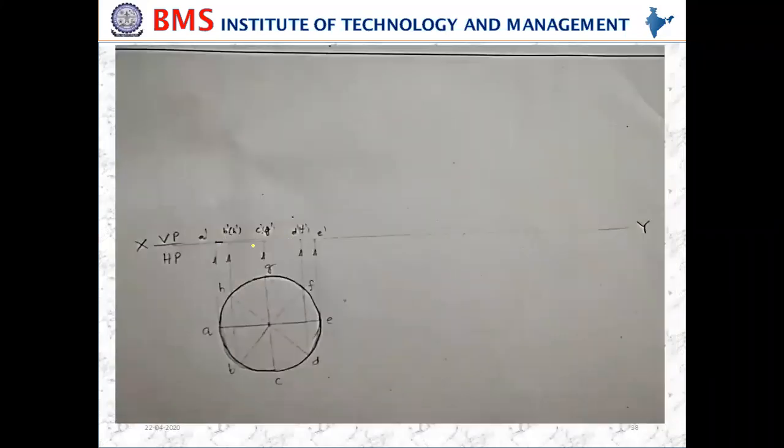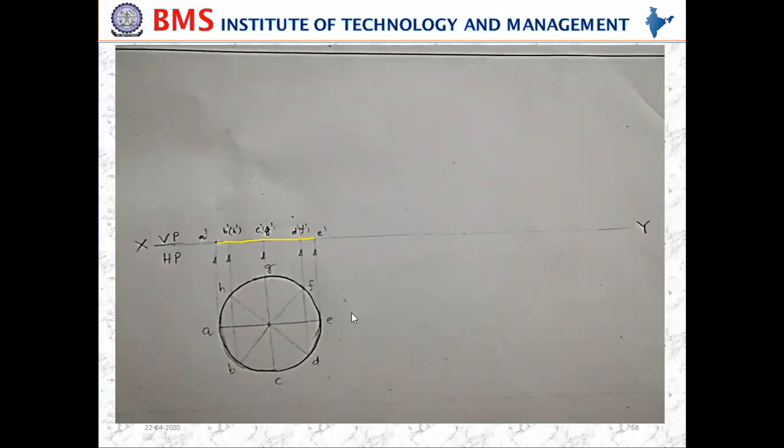So naming is done. After naming, what are you going to do? You are going to draw a line joining A dash to E dash. That represents the line view of the circular lamina, or the front view of the circular lamina when it is on HP. When the circular lamina is resting on HP, it looks like a line view. This line view is to be rotated to the HP inclination. First the HP inclination is to be taken, because the lamina is parallel to HP. So the inclination to HP is made in the second step.